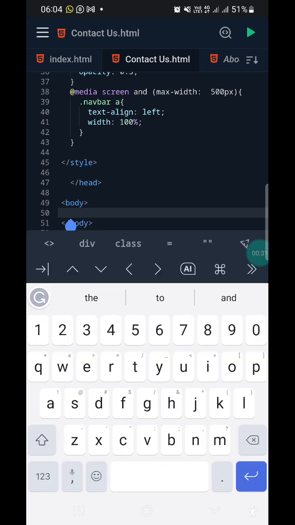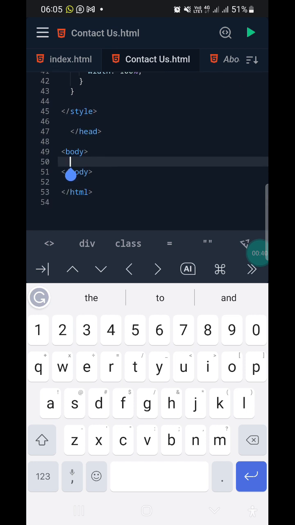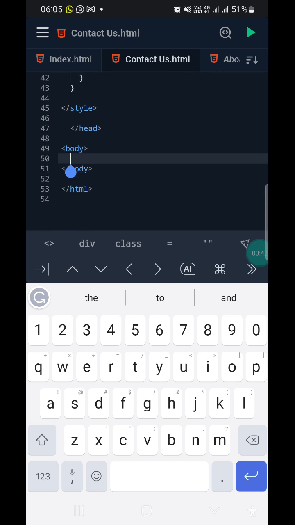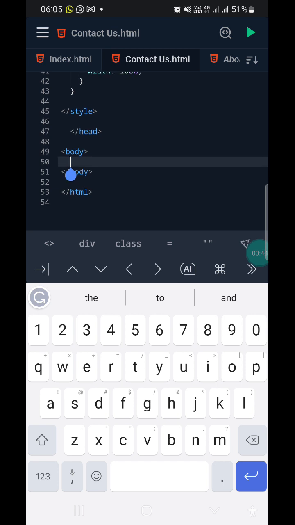Okay, now for you to put any type of text on your web page, you need to use a paragraph text attribute. A paragraph text attribute has an opening tag and a closing tag. And if you are just joining us, the application we are using for this